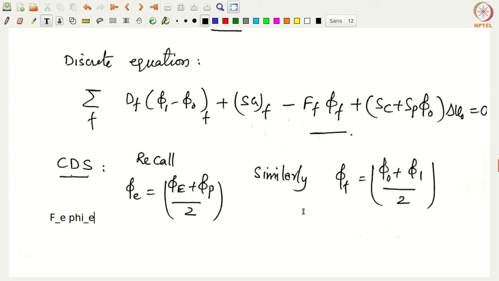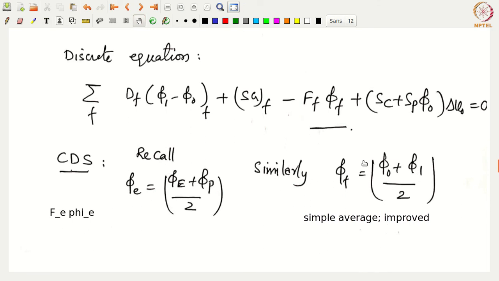Now, if I were to apply the central difference scheme for unstructured non-orthogonal meshes, I can write this phi f using a simple average as (phi 0 plus phi 1) by 2. Now, this is okay because although there is a difference in the cell sizes, even if the cells are not uniform, we assume that phi varies linearly. So this is a simple average. Of course, this can be improved upon by using the gradients of phi later on. Anyway, I would make a simple average: phi f equals (phi 0 plus phi 1) by 2. That means I would substitute (phi 0 plus phi 1) by 2 into the phi f value that we have here.